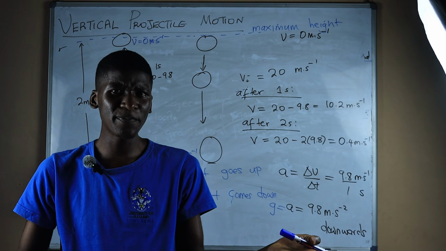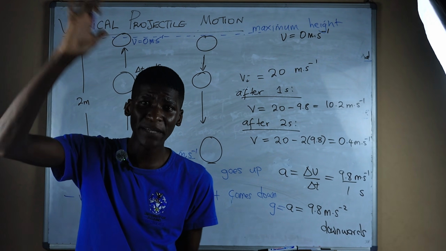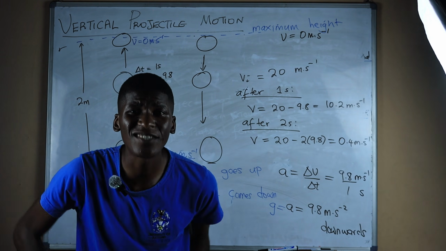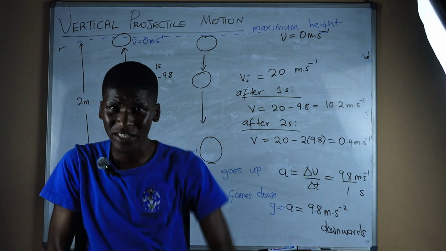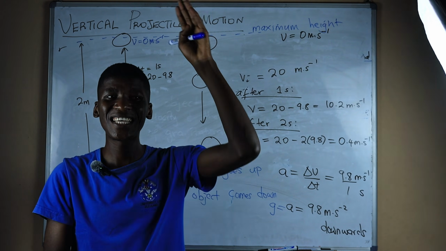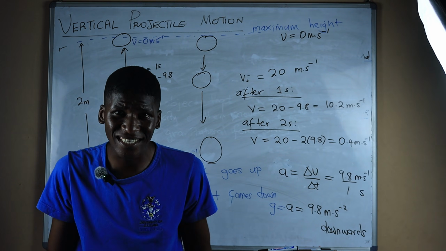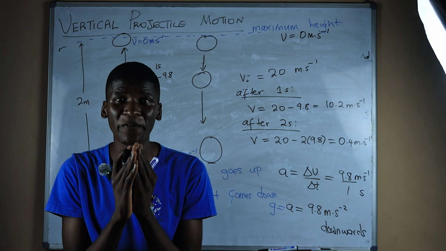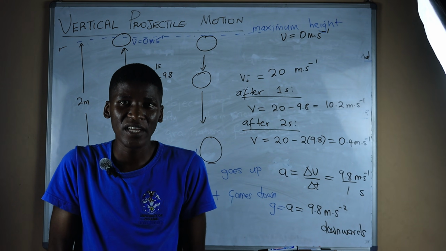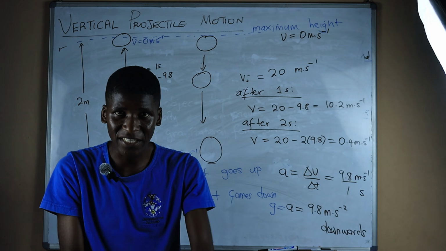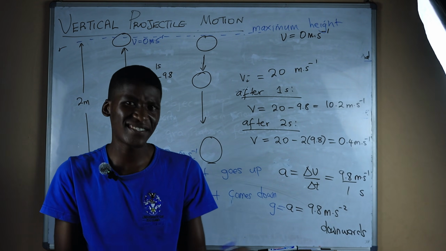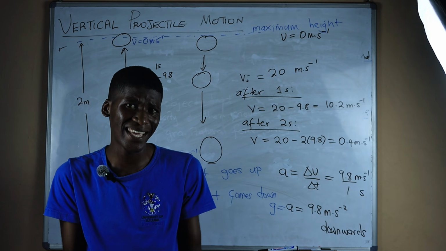Why is it downwards? It's because, remember guys, the gravitational force keeps on pushing the object down no matter what happens. Even when the object is going up, the gravitational force pushes the object down. Even when the object is coming back down, the gravitational force keeps on pushing the object down again. Gravitational force is constant, guys. It is the force that pushes objects down to the surface of the earth. So even when the object is going up, gravity is pushing it down. Even when the object is coming back down, gravity is still pushing it down. It is the one that is causing it to come back down to my hand.